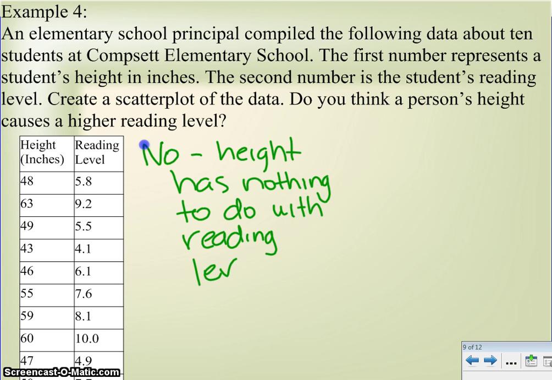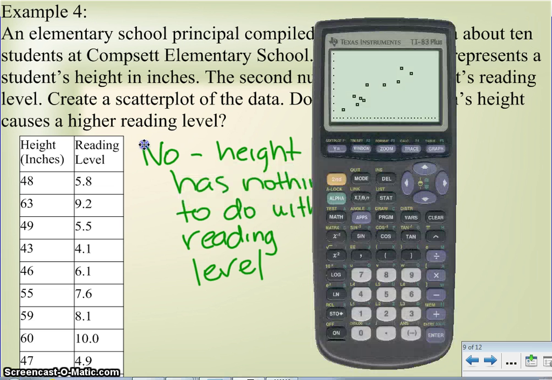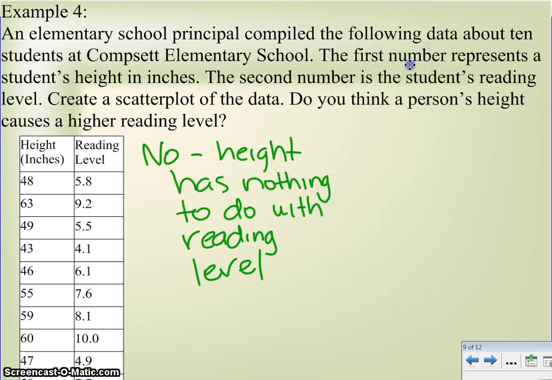Now, that being said, can we explain why, when looking at this, there is an obvious positive correlation? Because as you see here, as the values of x are getting bigger, in a general way, the values of y are getting bigger. So we've got to keep in mind that sometimes they can be related, but not causing one another. So, logically, if I look at this, I would say that as a person grows taller,